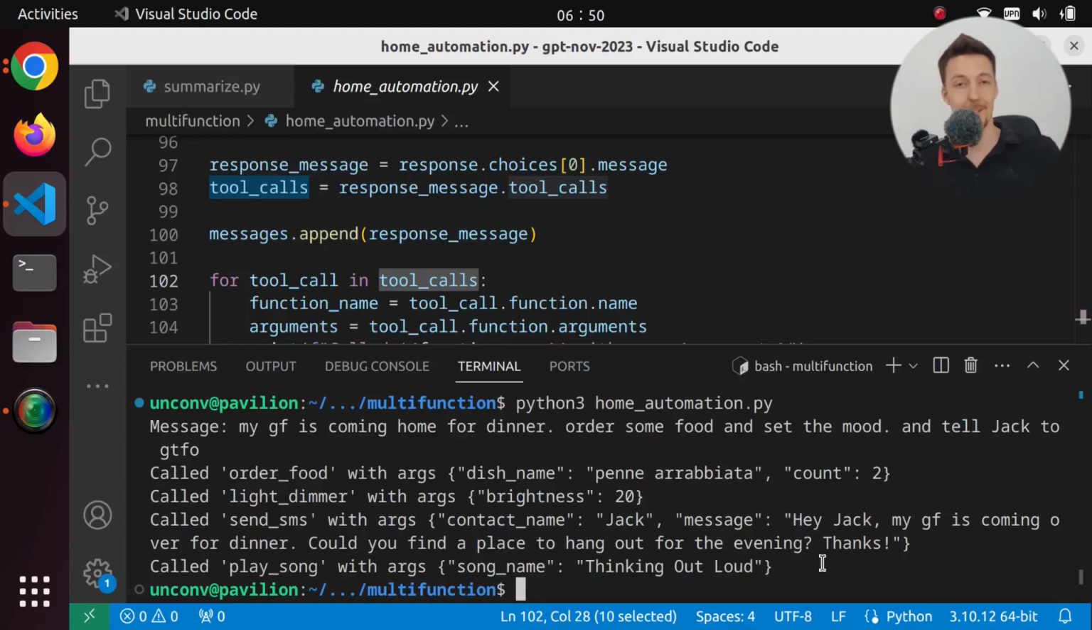So you could imagine that you could use this in some sort of home automation device like Google Home or